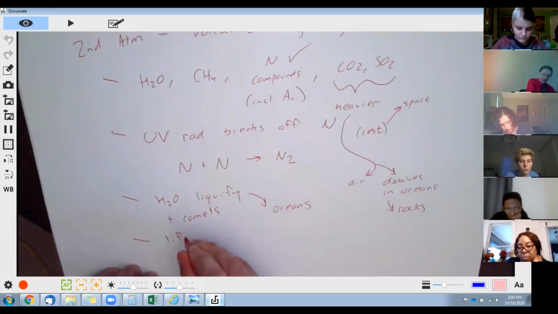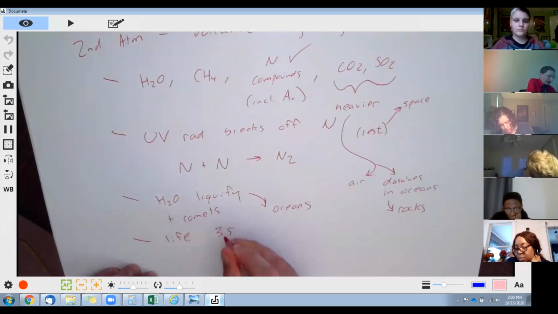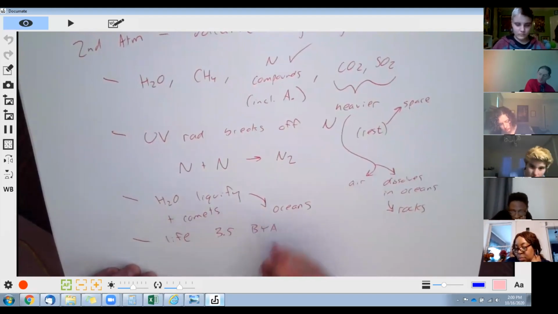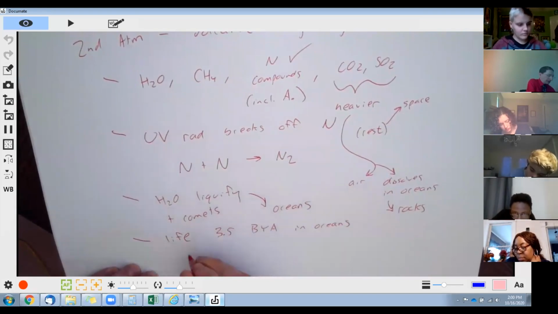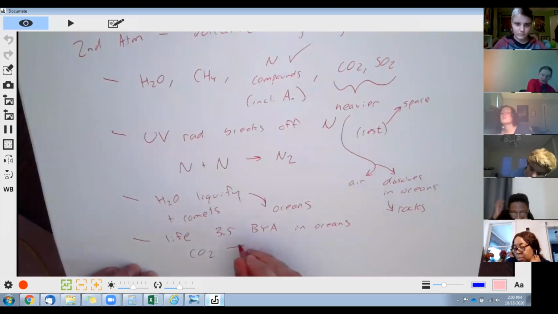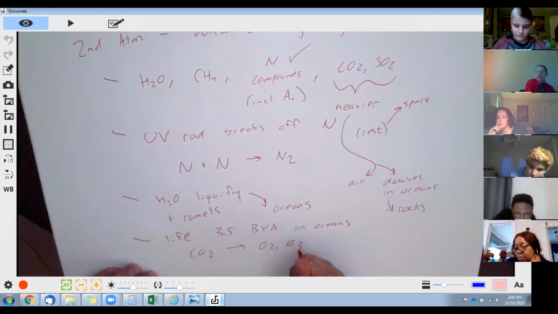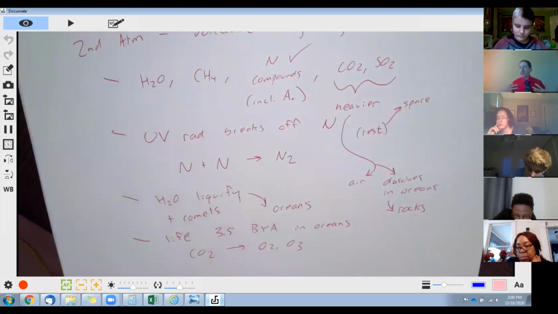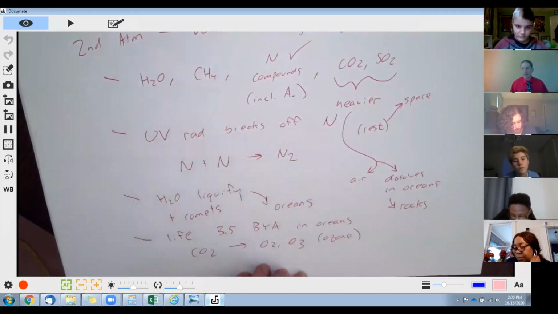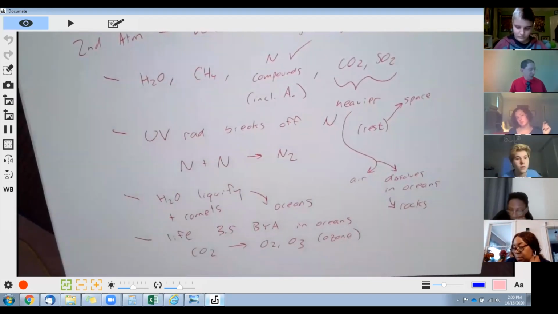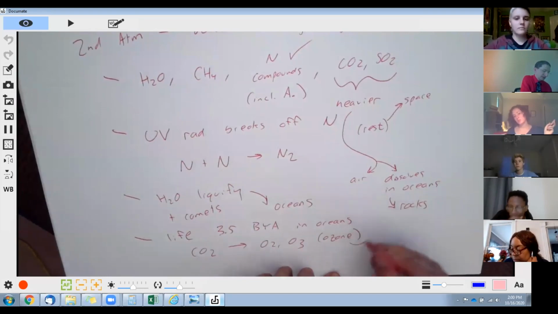So life forms on Earth 3.5 billion years ago in the oceans. And they start converting CO2 into O2 and O3, like plants do today. We convert oxygen into CO2. Plants convert CO2 into oxygen and also O3, which is ozone. And the ozone then works its way up into the atmosphere, producing